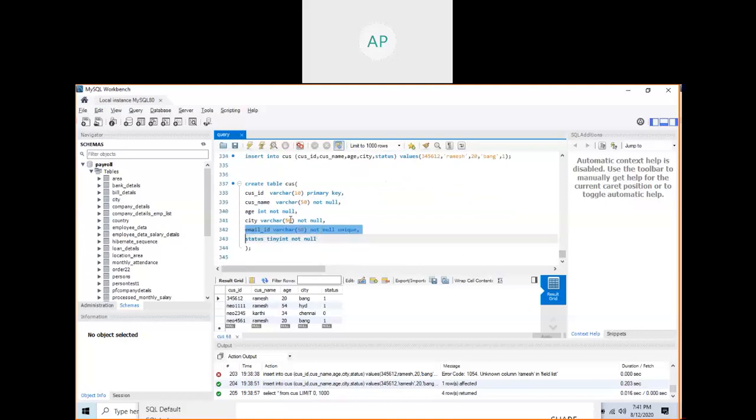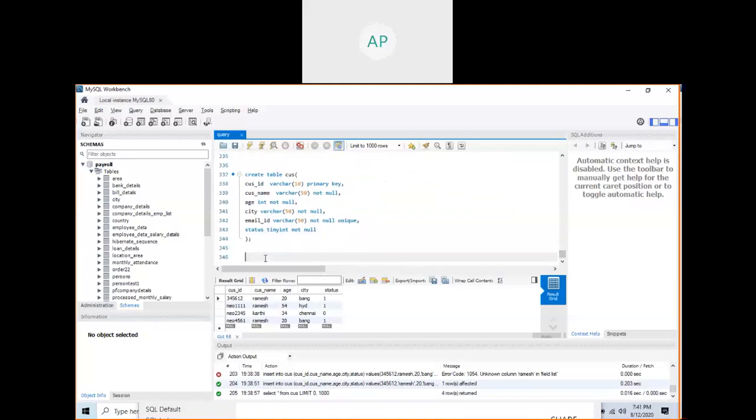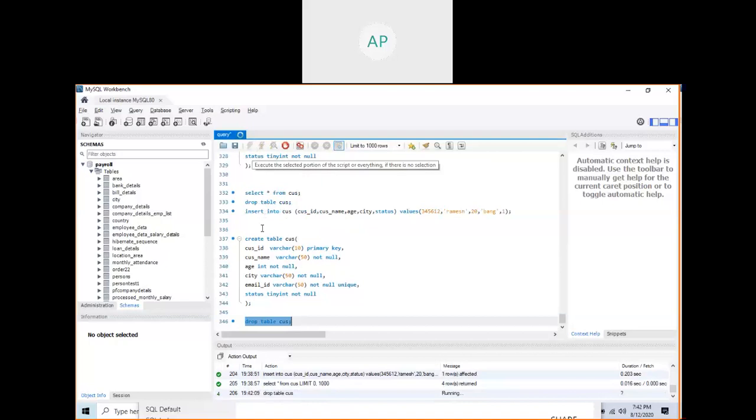Now if you have email ID, let me drop the table. DROP, drop the table. You can use alter, don't use drop. Here I am using drop since we are learning. I don't want to confuse you with all the things. That's why, but drop is not the way. With alter, the existing table will be there and you can give an alter command. It will go and alter it. So drop the table. So now create this table.